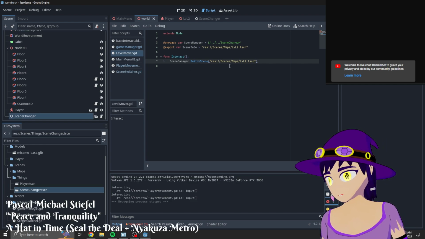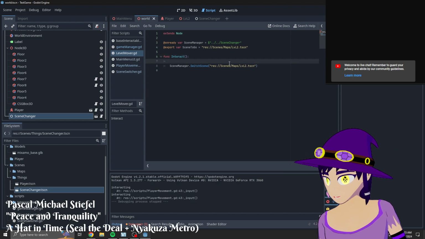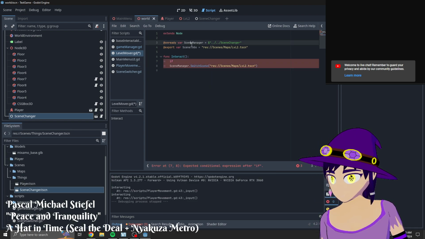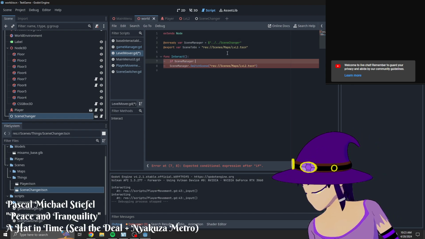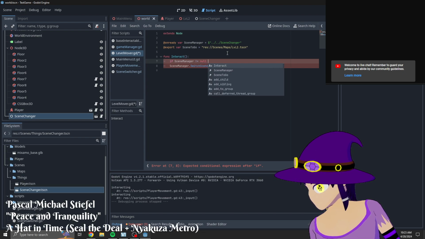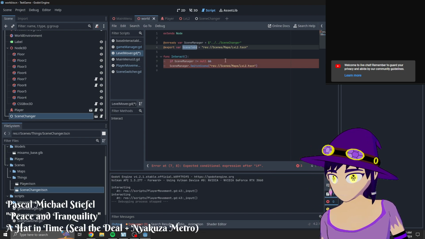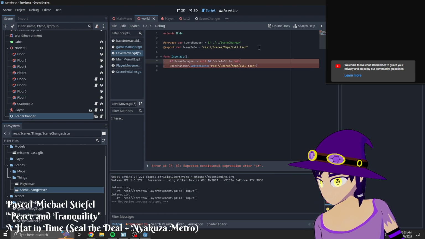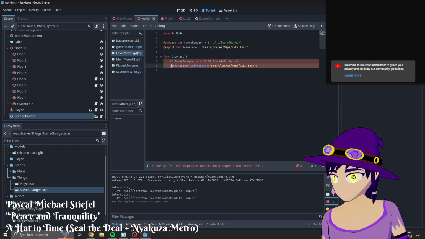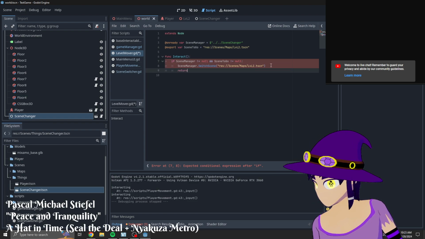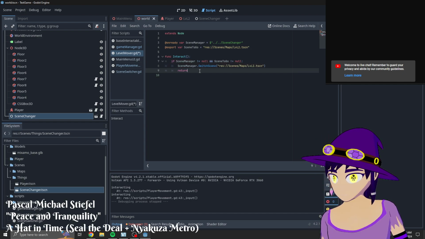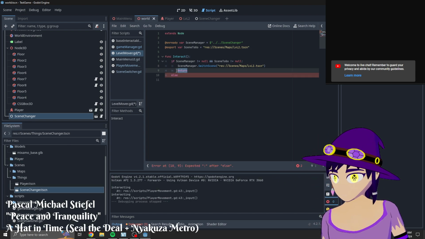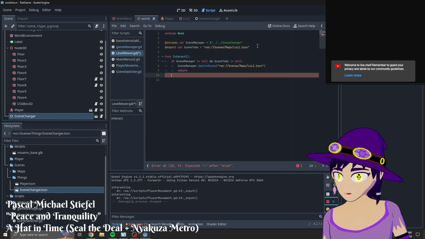Now, what we want to do, we do want to add an extra thing. So, if scene manager is not null, and if scene to go is not null, then run this and return. Good. And down here we'll do an else. Actually, we shouldn't need an else. It should just